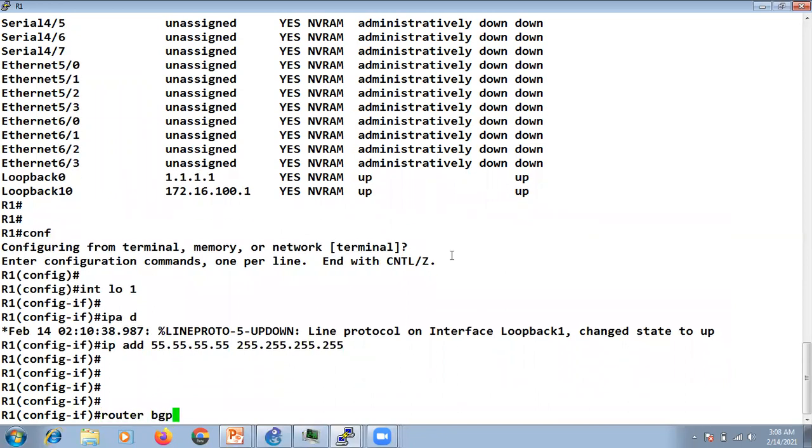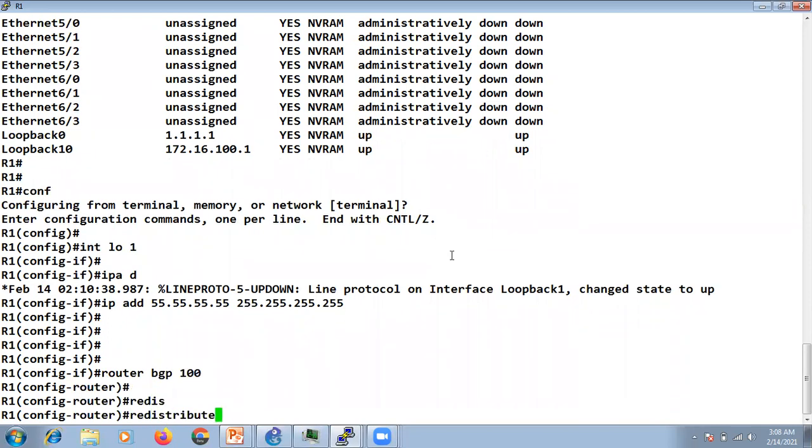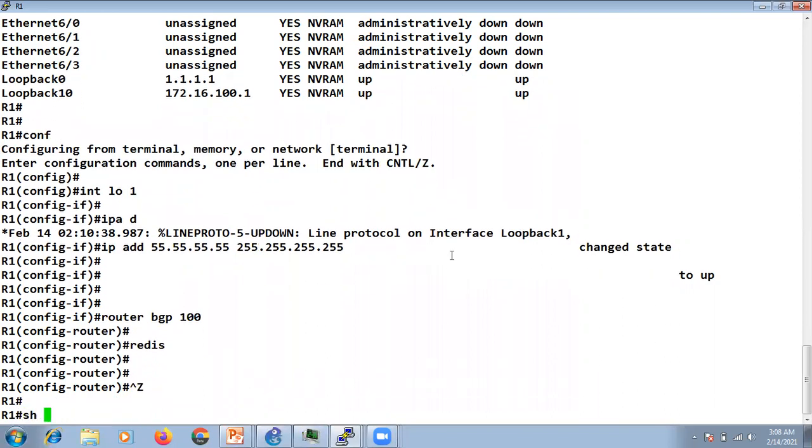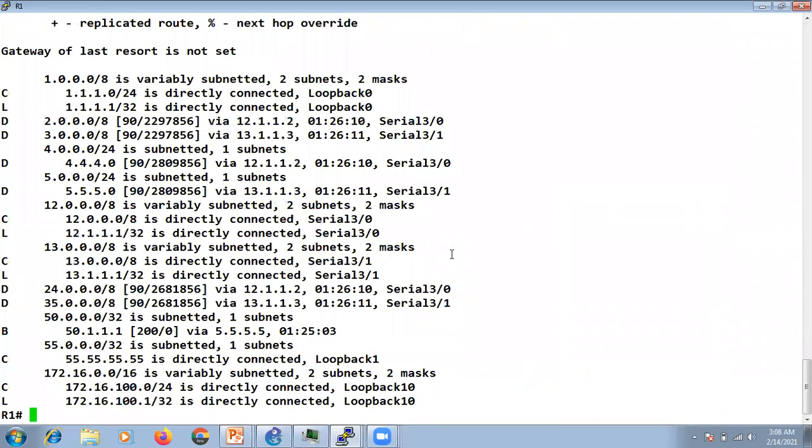And under router BGP, if I say redistribute connected, and I check my routing table, there are a lot of connected routes, right? This one network, 12 network, 55.